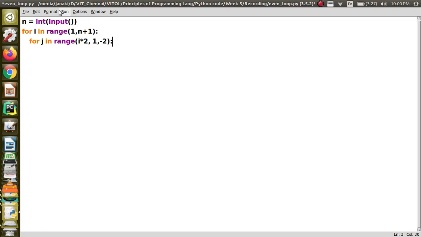We have seen this already in the previous lectures. Range can take a step. By default it will increment by 1. If you want, you can change the increment value by changing the third parameter of range, that is the step value. So we have written this, and what you are going to print is print j, with end equal to an empty string, and then you can also use an empty print to come to the next line.